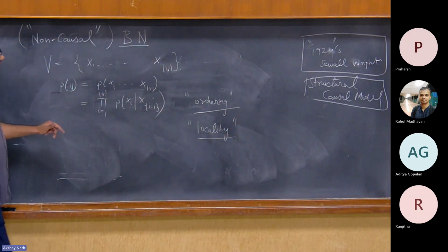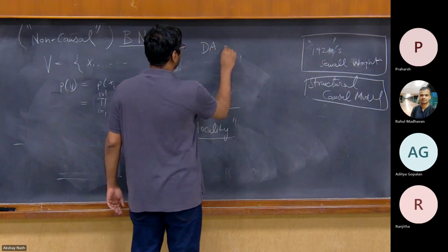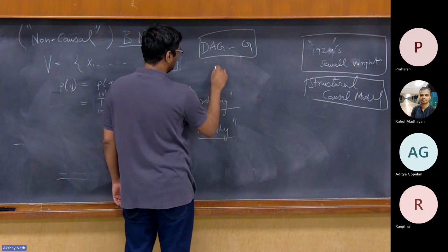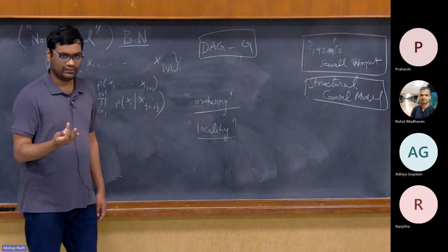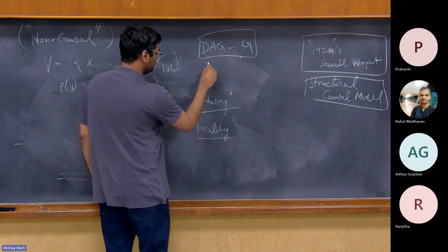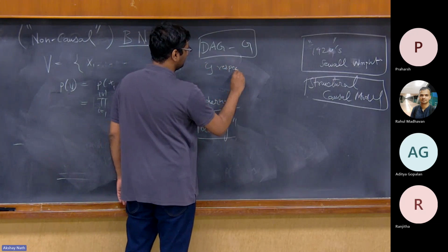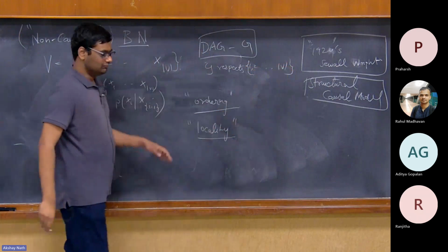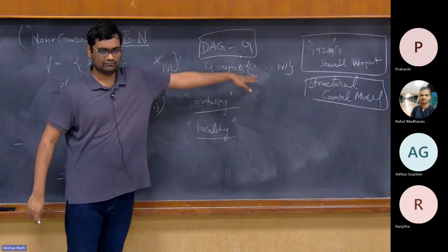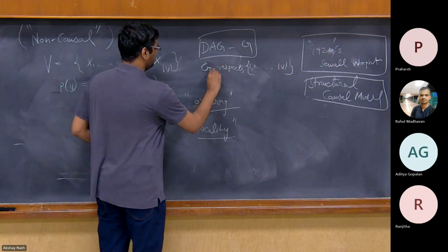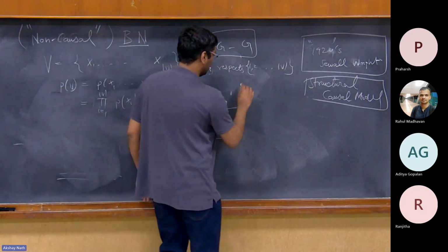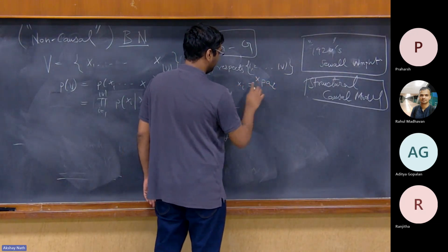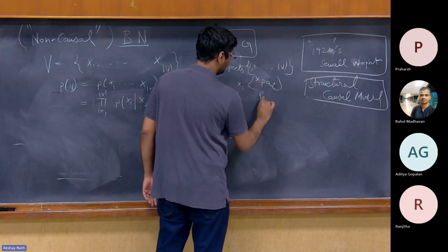So what I'm going to say is that there is a DAG. Now, G is a partial order, right? Any DAG is a partial order. Now, G, first of all, respects the ordering 1, 2, 3. This is for simplicity. I mean, it could be any other ordering. But since I picked this ordering, I want the DAG to be consistent with this ordering. That's all, right? But now for every variable i, let's call it xi, I actually have parents PA of i. So these are the parents, right?